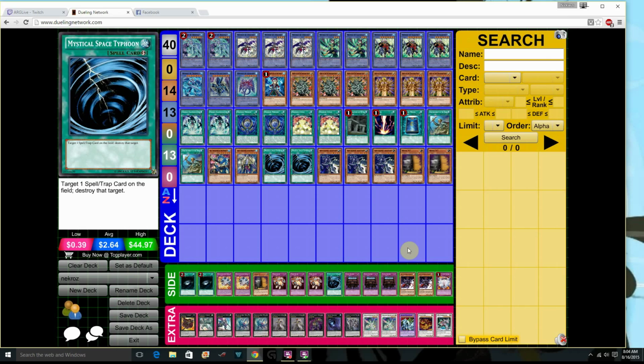However, in a format like we have at the moment, where it's basically just Nekroz, Shoutout, and Burning Abyss as the clear top 3 decks, you get a little bit more room in order to side a little more specifically for each matchup. So in order to side effectively for a matchup, you want to know what those decks want to do and counter that. You want to know what they do, and the best way to figure that out